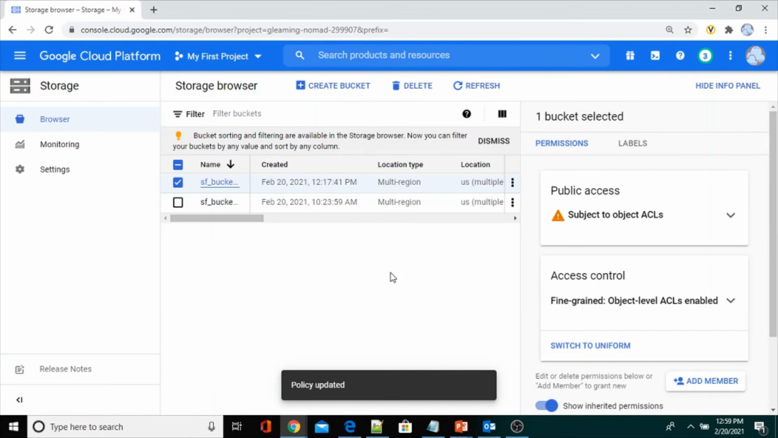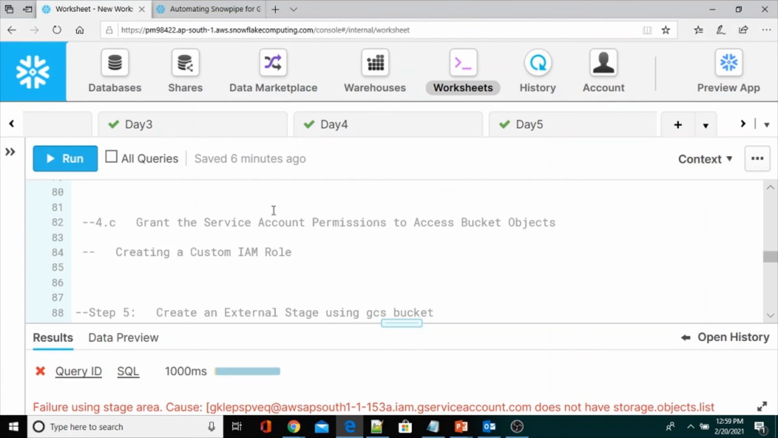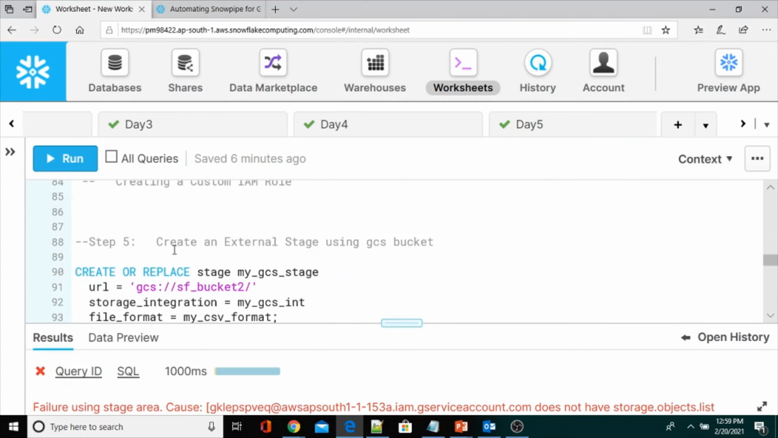Okay, now setting members have been added. Now we are going back to the Snowflake sheet. This step number 4 is completed. Now I am going to create an external stage using the GCS bucket, Google Cloud Storage bucket, as part of